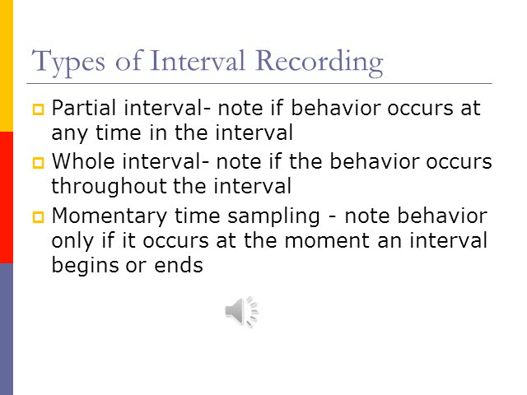For whole interval recording, we would mark the behavior only if it occurs for the entire duration of the interval. So it would occur for the entire 15 seconds. Then we would mark it. And in momentary time sampling, we only record the behavior as occurring if it happens at the moment an interval begins or ends. So typically when you do a direct observation using interval recording, you're going to have some kind